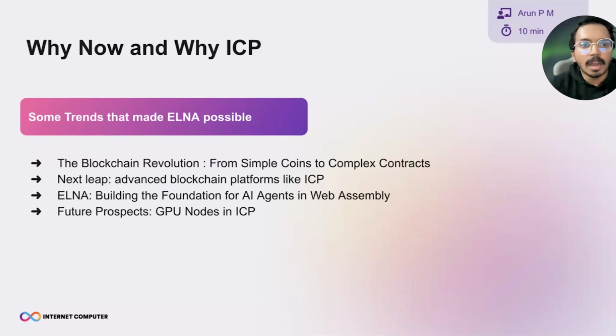And from the story of why this is possible right now: starting from minting simple coins like BTC, to writing contracts in Ethereum, now we are capable of running WebAssembly instructions on blockchain. In other chains, only a smaller number of instructions can be executed. What makes the difference is ICP. ICP is, as we know, like the AWS of blockchain, where a larger number of instructions can be executed, and that made it possible to bring AI to blockchain. I will explain this more in the coming slides.